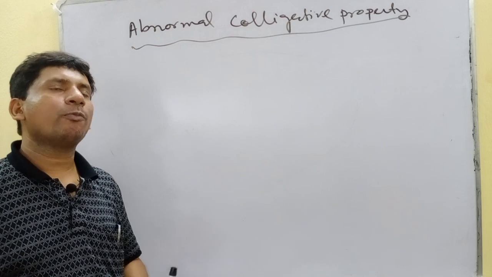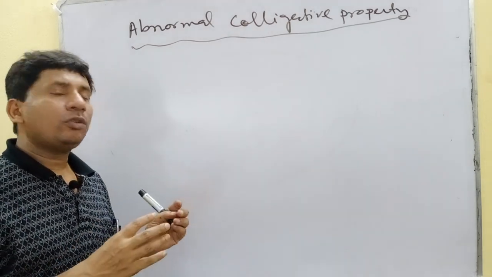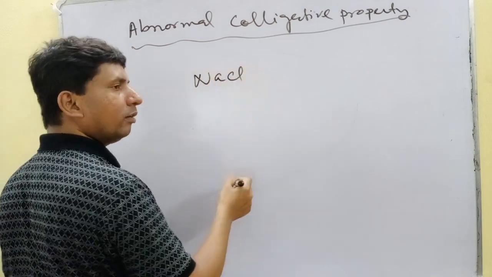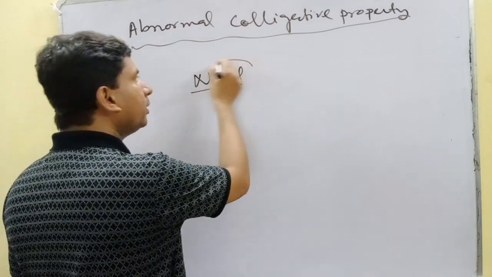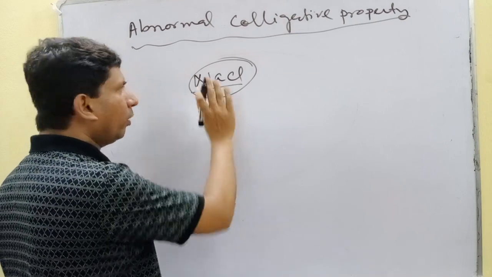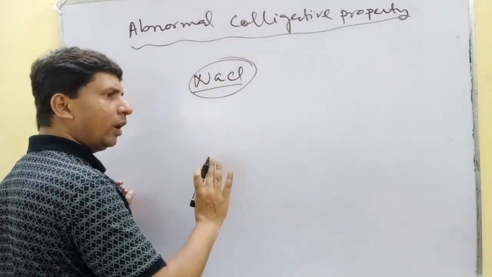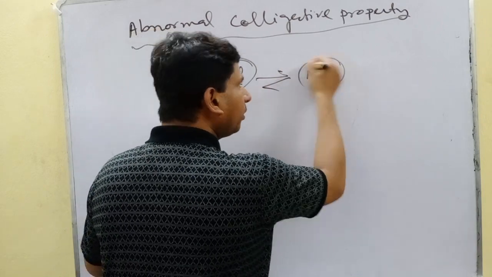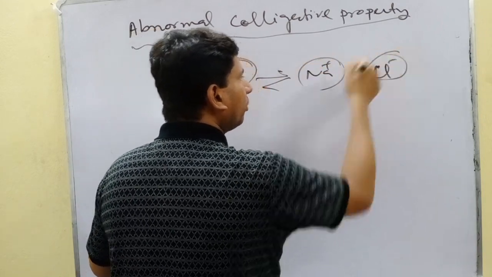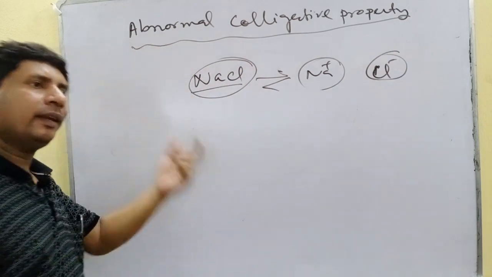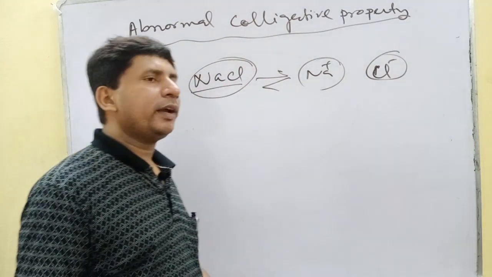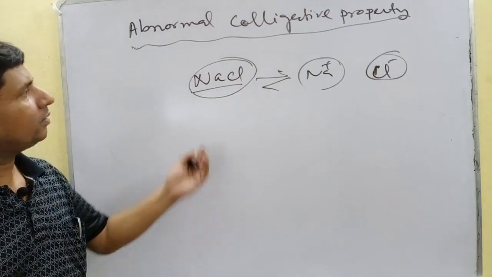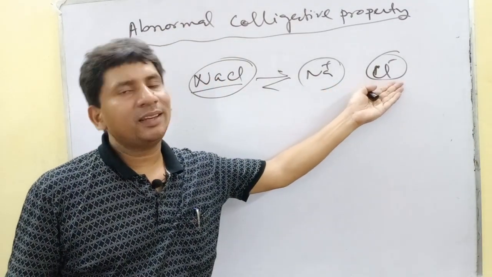Because if we see sodium chloride, this is one molecule, though it is not a molecule, it is just a formula, but in solution we will get Na plus 1 and Cl minus 1, so the number of particles will be increased. Since the colligative property depends on the number of solute particles, hence if the number of particles increases,